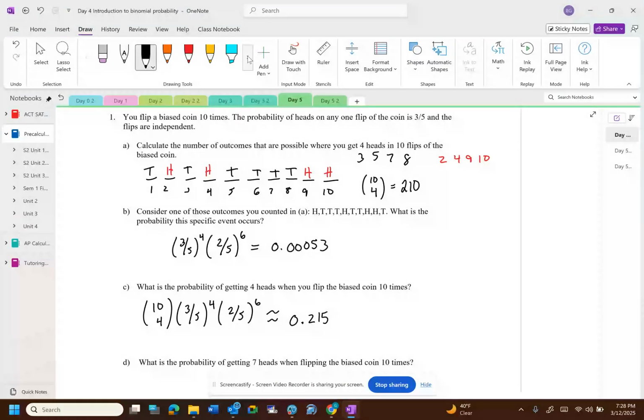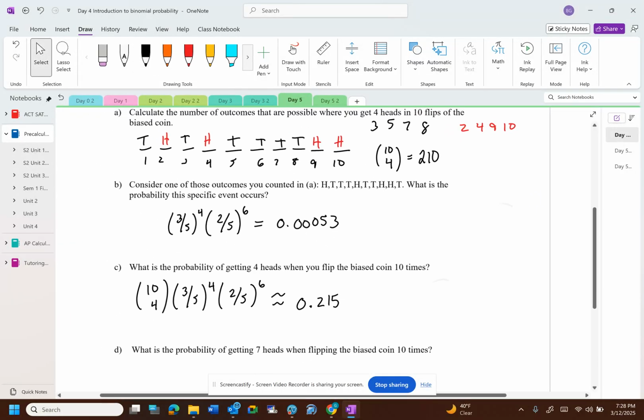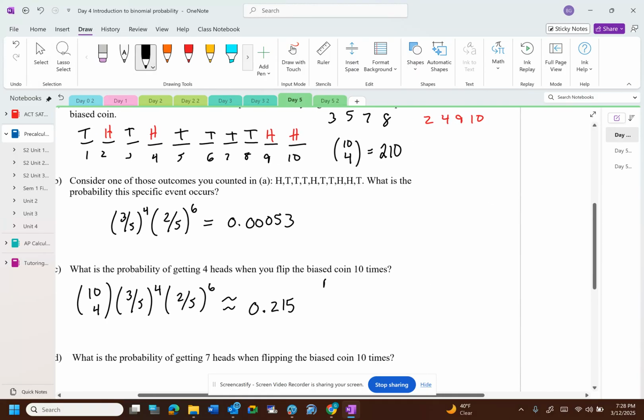Okay, so this is a classic example of something that we call binomial probability. Binomial means there's 2 outcomes. And usually when we're talking about binomial, we have success and then we have failure. And usually we're interested in calculating the probability of a certain number of successes. So